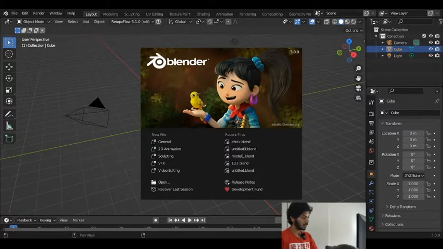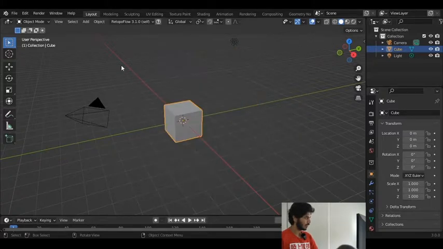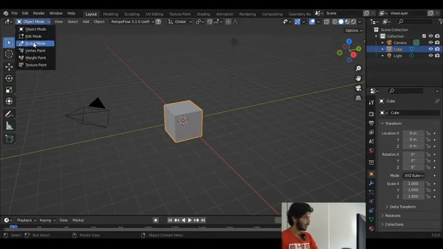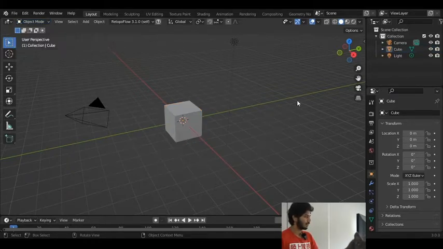To get out of the screen, you click somewhere outside of it. There we go, we're out of that screen. And this interface, you call it object mode. And then there's the edit mode, sculpt mode, vertex paint, weight paint, texture paint. The most important modes that we are going to use in this video are edit mode and object mode. So first, in the object mode,